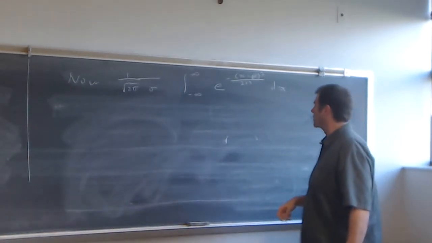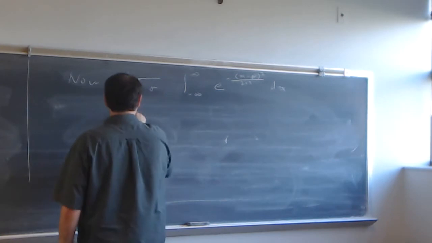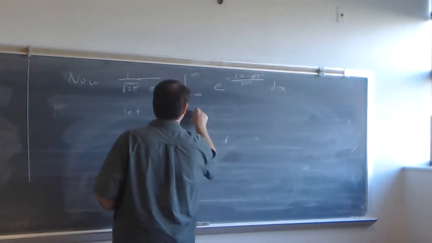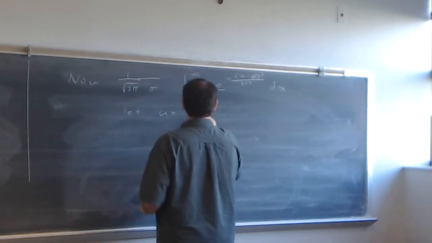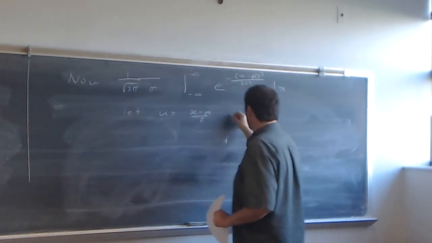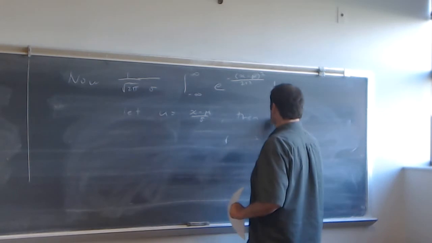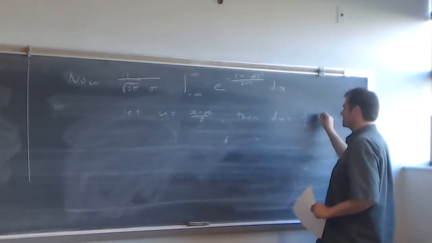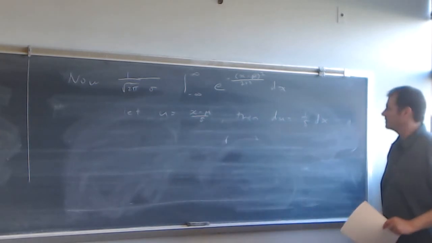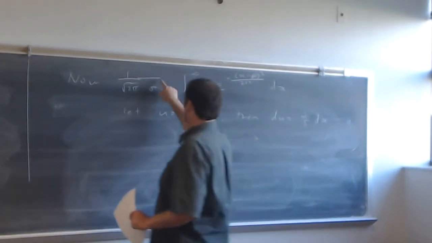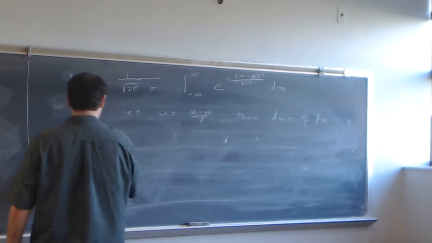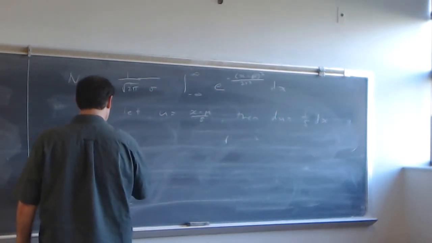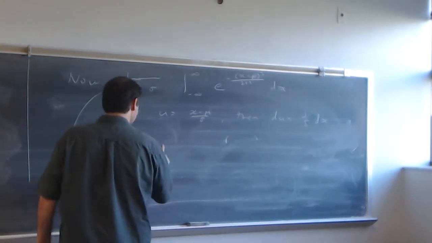So here's what we're going to do. We're going to let u equal x minus mu over sigma. Then du will be equal to 1 over sigma dx. Okay? So this 1 over sigma that's outside, I'll put it inside. And this part becomes 1 over the square root of 2 pi. Our integral